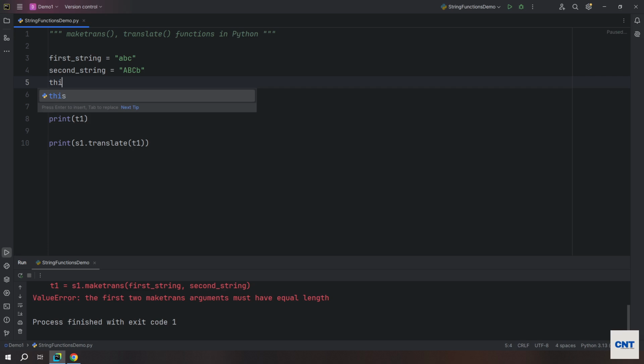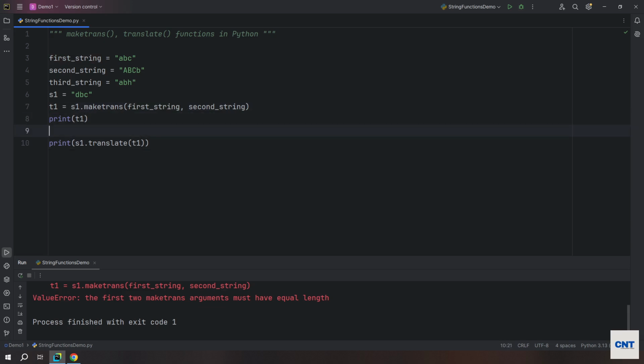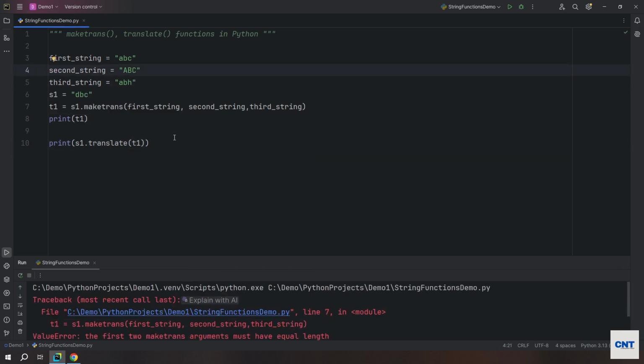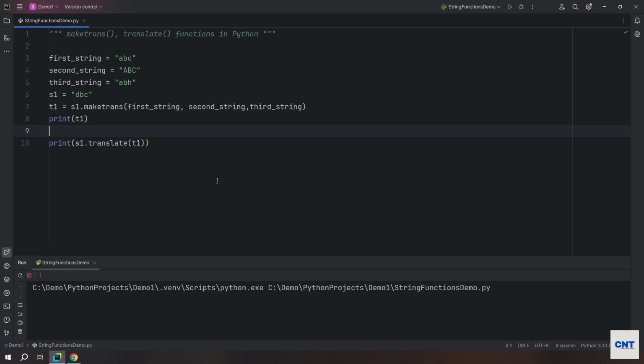We will just take a third string, let's say anything, abh. And we will pass this string in this function. So what we are saying here is, take one more argument for the new translation, right? If you run the program again,